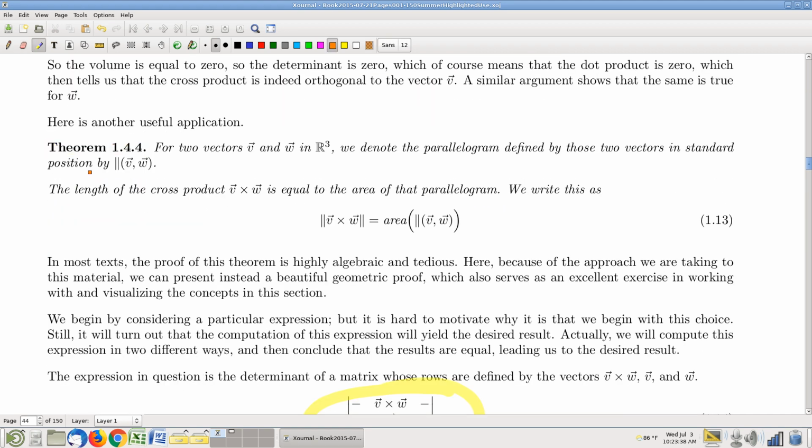Here's another one. This is hard to see coming. A little bit of notation I made up, by the way. I'm going to use this notation right here. You see the two parallel lines followed by a list of two vectors V and W? I'm going to use that notation to represent the parallelogram defined by those two vectors. I'm kind of proud of that. I think that makes a lot of sense. It's very compact. It's very elegant. I hope it catches on. I'm going to take credit for it if it does. Anyway, so that notation represents the parallelogram defined by those two vectors, and the area of that parallelogram defined by